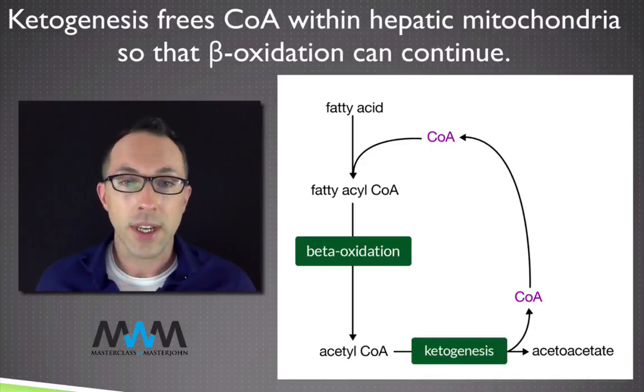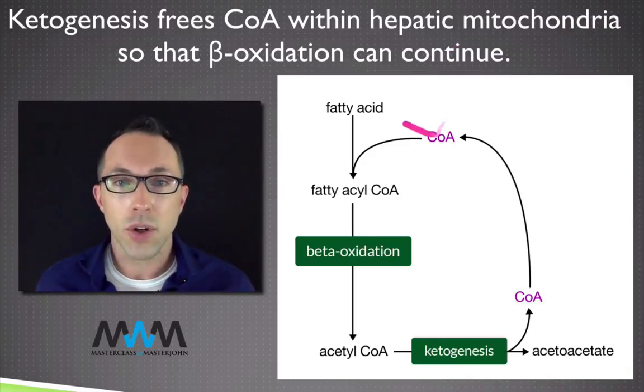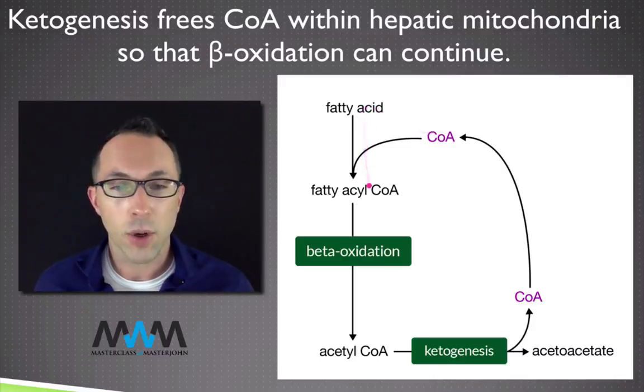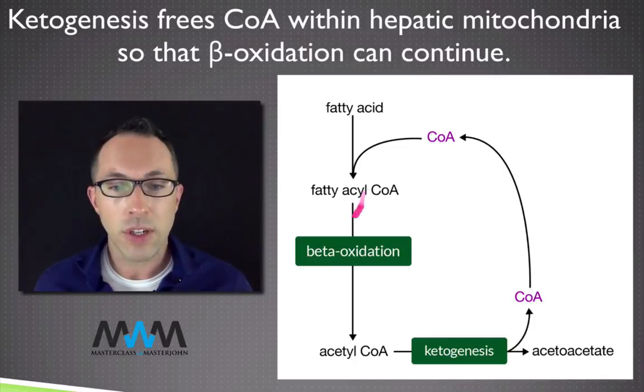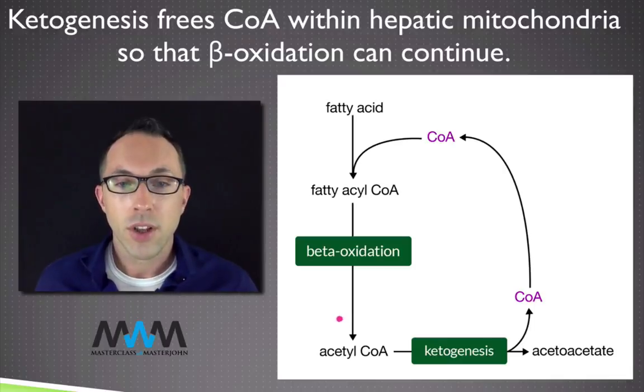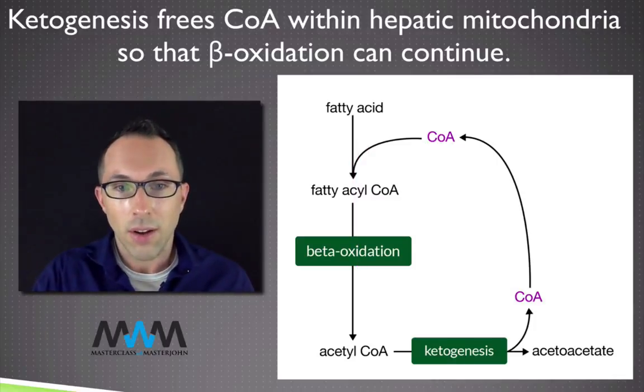You can see on the screen that the process of beta-oxidation consumes coenzyme A. Shown here, coenzyme A is joining to a fatty acid to make a fatty acyl CoA. Not shown here is that every time you chop off an acetyl unit to make an acetyl CoA, you're using another coenzyme A molecule. So the process of beta-oxidation consumes a lot of coenzyme A, and during ketogenic conditions, adipose